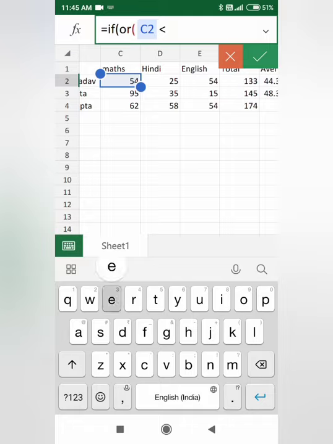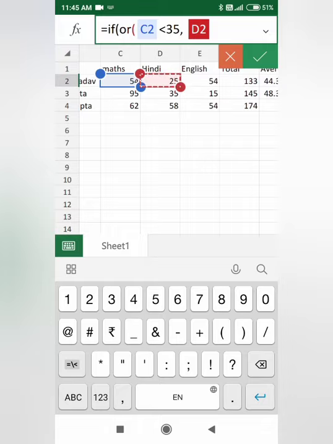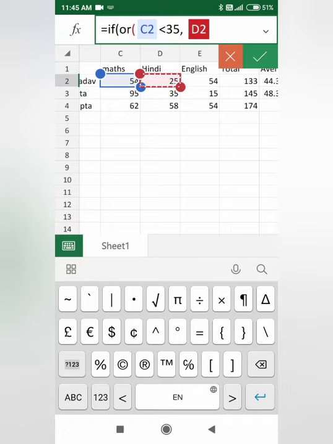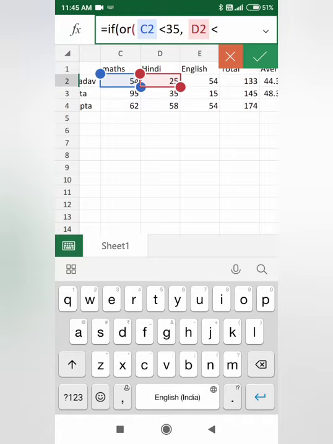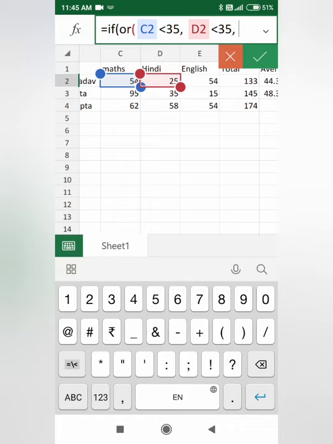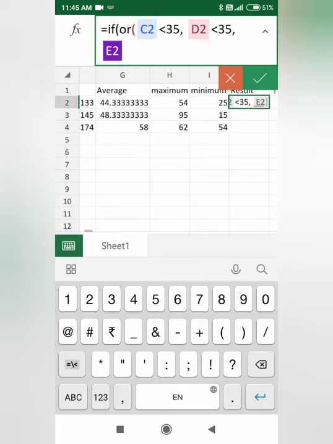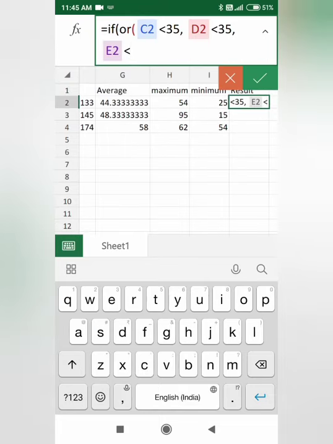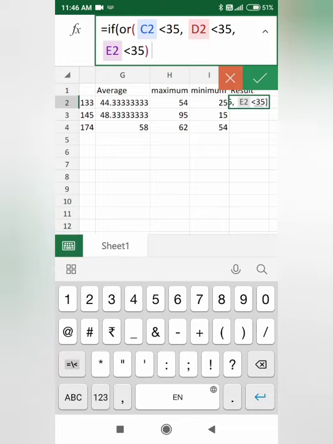less than 35 and comma, again we have the second subject, again less than 35, you have to click, see the formula carefully, bracket means comma, and the third subject we click, again less than 35, bracket, again comma,